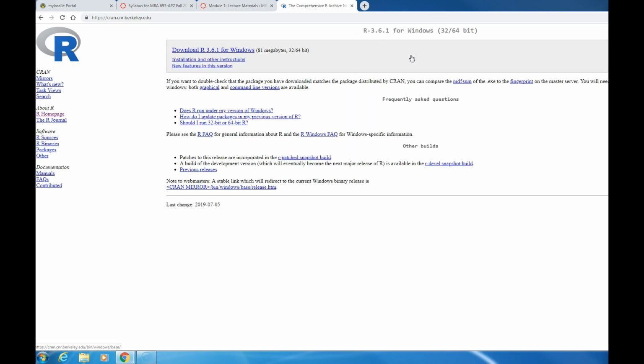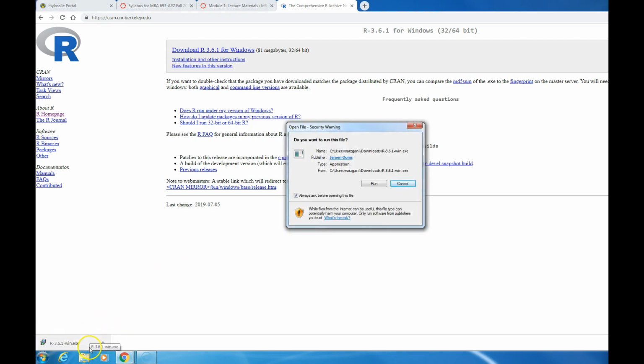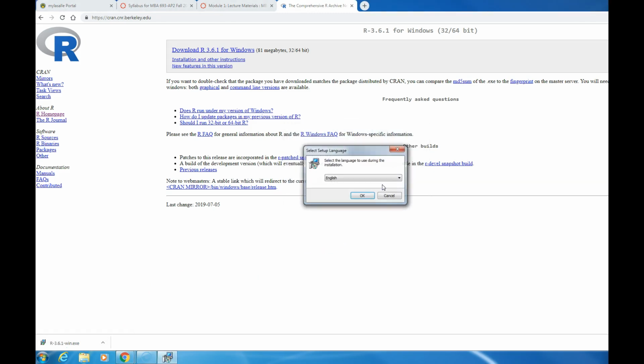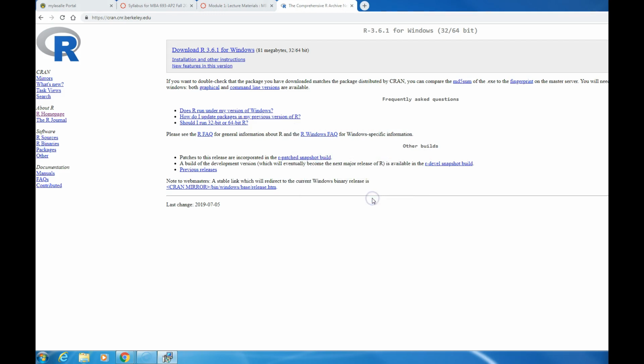Once you click there, it's going to take you to this page, and you're going to download R 3.6.1 for Windows on your computers. After you click there, the download should automatically start at the bottom of your browser here. And once the download is complete, I'll click on this exe file to run it. Select the language